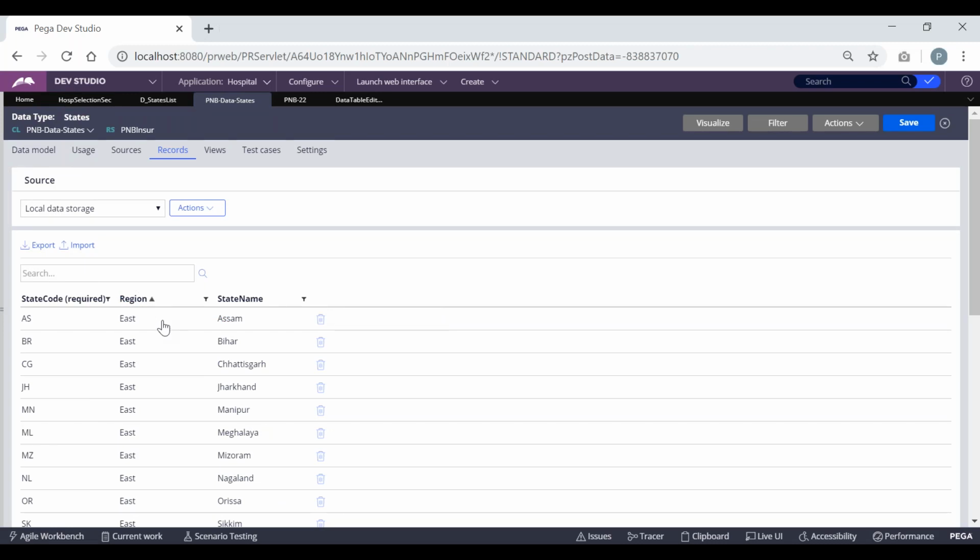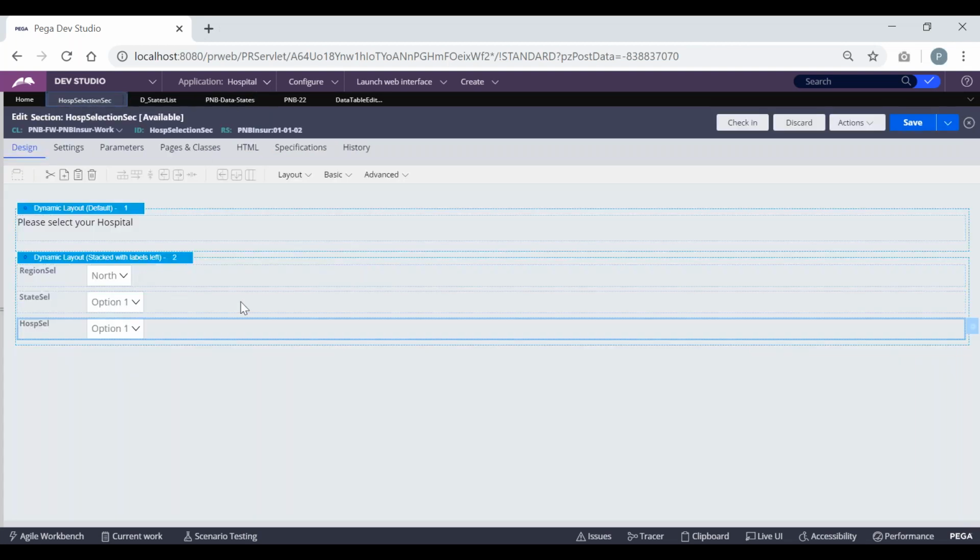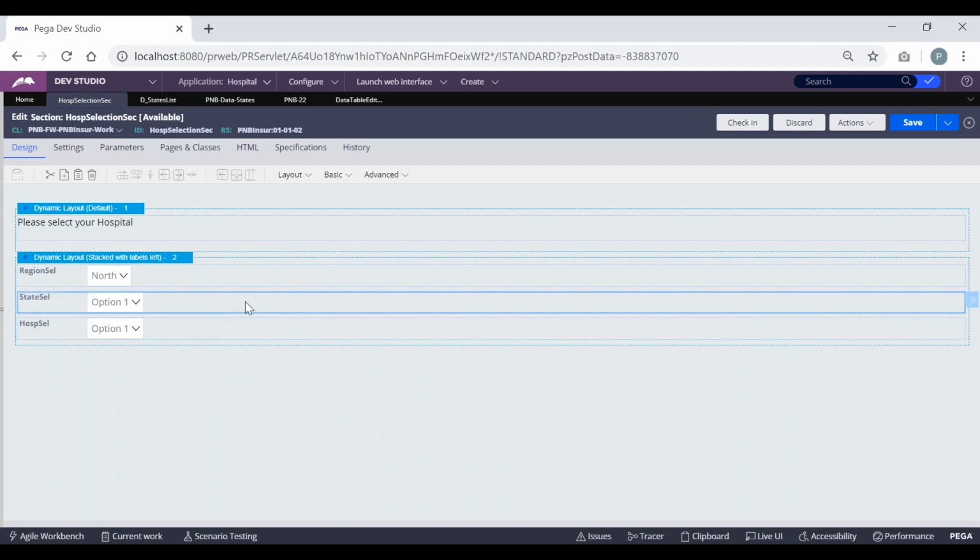In the next column, I should be defining, I should be linking state and hospital. So we have to define, we have to create one column also there. Likewise, the design should be proper. So this all comes with practice. So you just try to go through this video two times, and you will be able to do that.